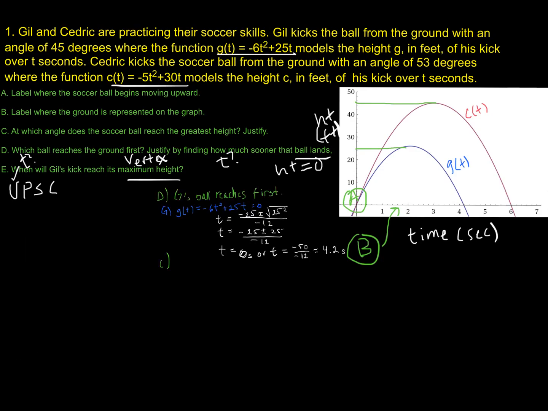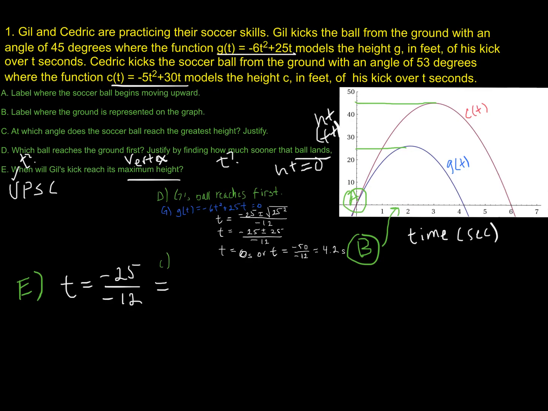And so for question E, we know that Gil's ball is going to reach its vertex when its independent variable, which in this case is t, is equal to negative b over 2a. Now for Gil, we have the function given by negative 6t squared plus 25t. So b is 25, negative b is negative 25, divided by 2a, which is 2 times negative 6, or negative 12. All right, and so we can go ahead and divide that,